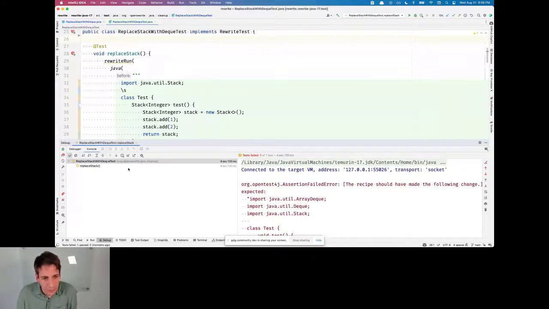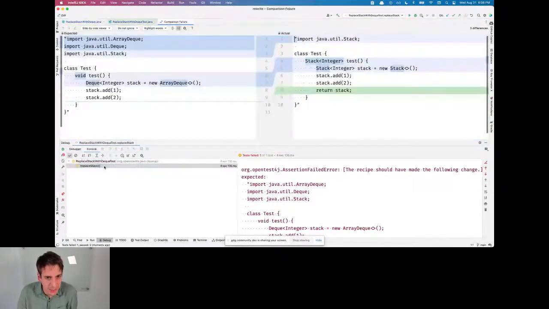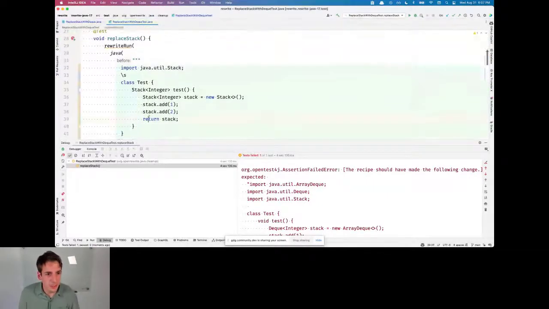One thing I love here is this assertion: you can just hit Command D and it shows you the before and after diff of the text. So it's really easy to determine whether it's doing the thing you want it to do. I was expecting that stack would be replaced with array DQ here. Actually, this test is a bit not what I wanted.